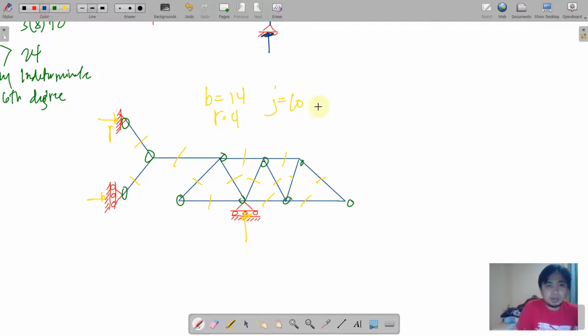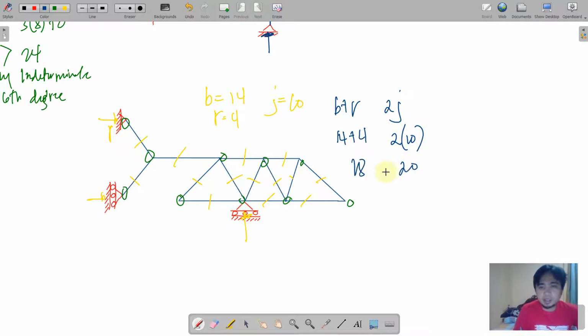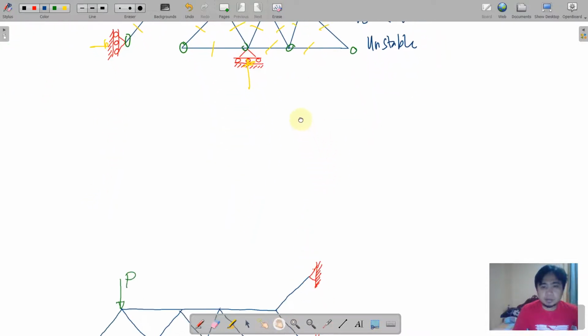So applying our criteria B plus R to 2J, we have 14 plus 4, 2 times 10. So we have 18 is less than 20. We have here an unstable truss. So next,